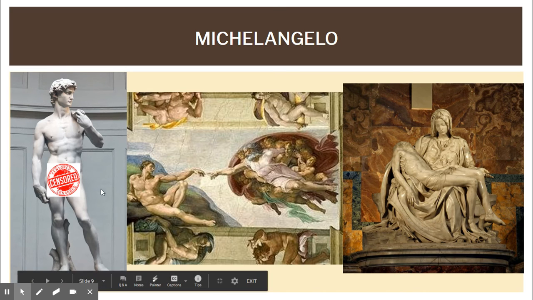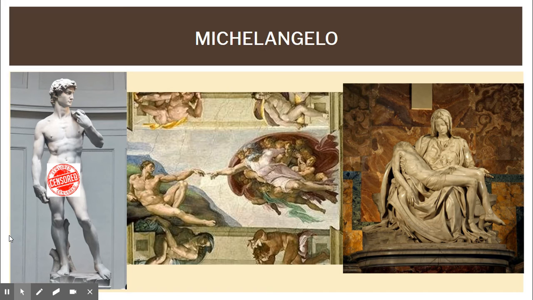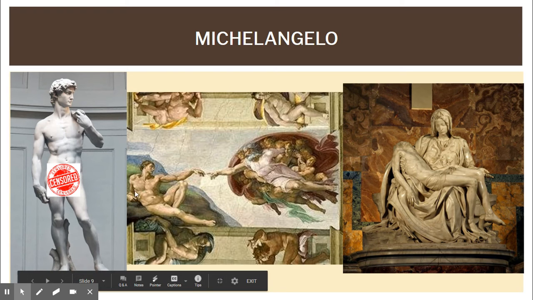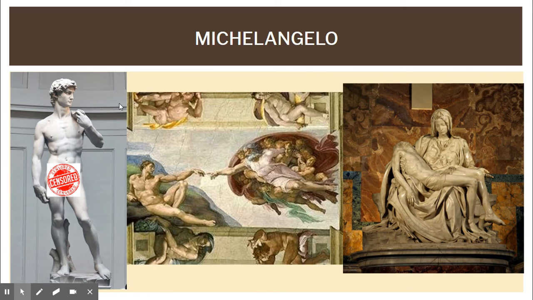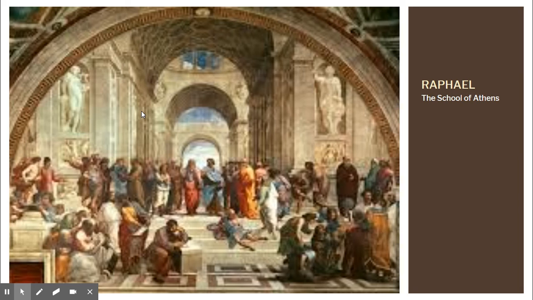Over here on this side, this is his statue of David. It's some 13 feet tall. It's a massive statue, massive carving, sculpture. And then here in the middle, it's the ceiling of the Sistine Chapel. Now, there were a lot of people that were critical of his work on the Sistine Chapel. Primarily, there's too many nude bodies for it being a church. But again, it's still considered to be a masterpiece, his masterpiece.